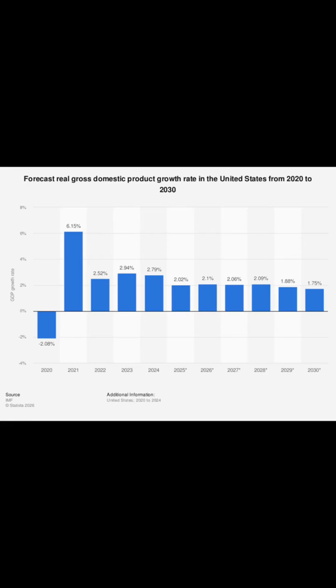The next topic I'm going to cover is economic growth. This is measured by GDP, which is known as gross domestic product. This basically is just the overall value of goods and services that are produced in a country. So a positive GDP would mean that the economy is expanding, so more employment and more consumer spending and production. And a negative GDP would mean recession.